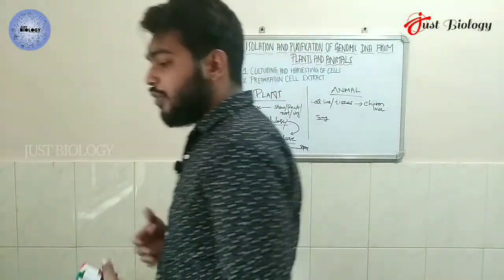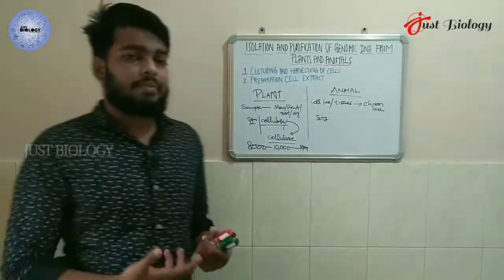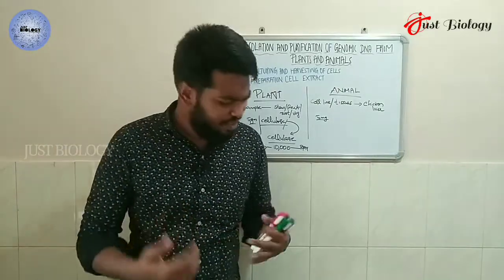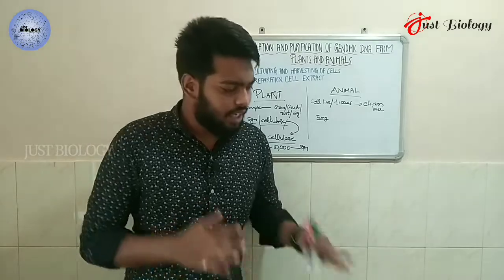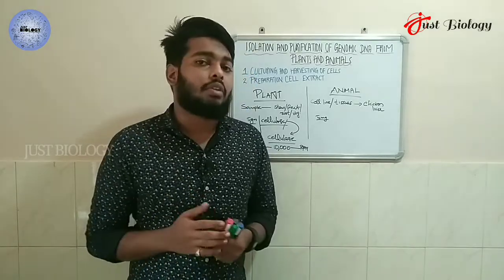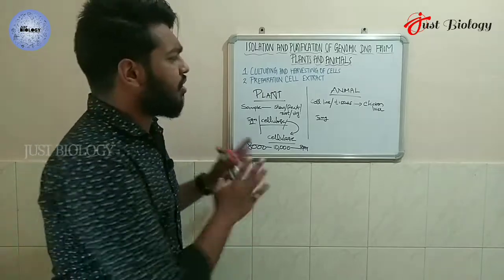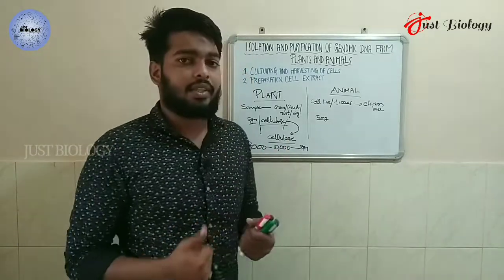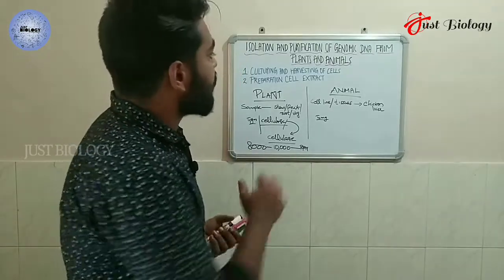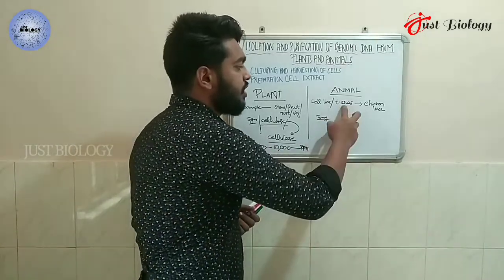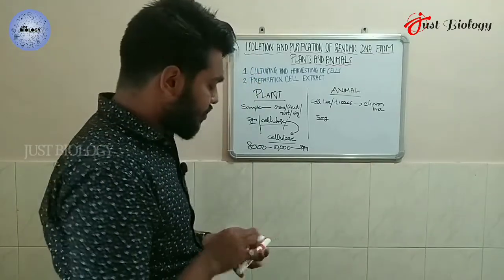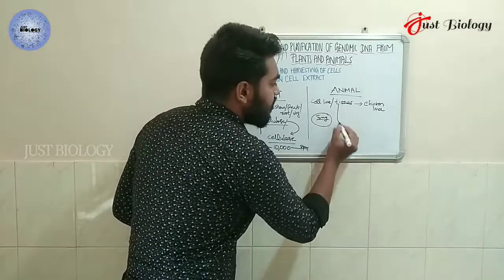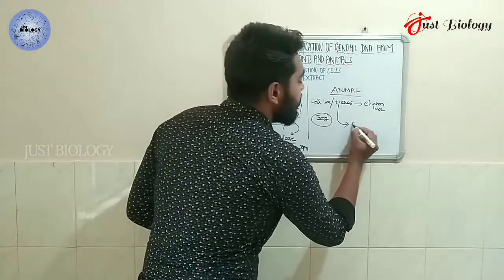Most probably you have learned the enzymatic method. The enzymatic method is the most convenient and often used, and here I am also discussing only the enzymatic method. The mechanical method is not important and not preferable. That's why I am going with the enzymatic method. Before starting the protocol, you need to convert the tissue into cells. That is the first step. So you take 5 gram of tissue, then convert this tissue into cells.